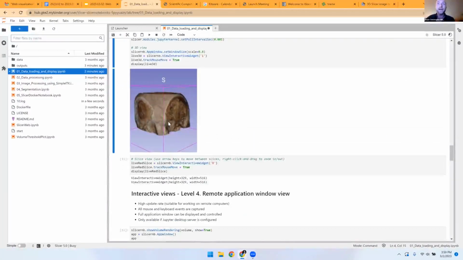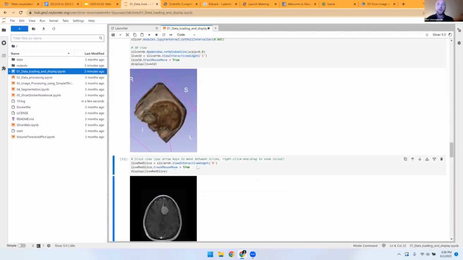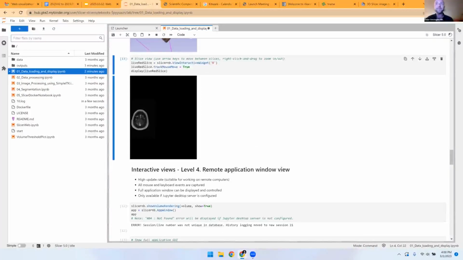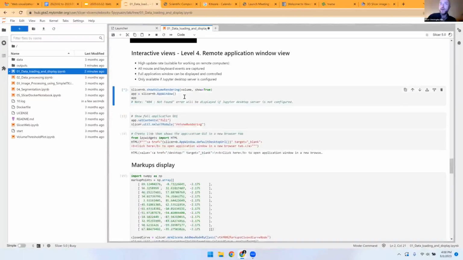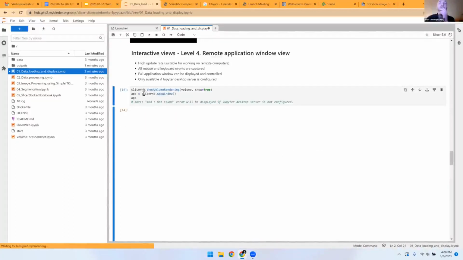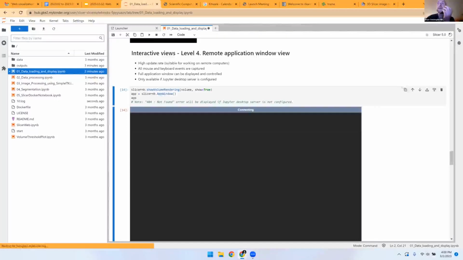Okay, and here we can see I can interact with the view. I can change the slice or zoom. If I use the keyboard, I can go through the slices. And then the interesting one is the last level where we will see the entire application. And here it starts a